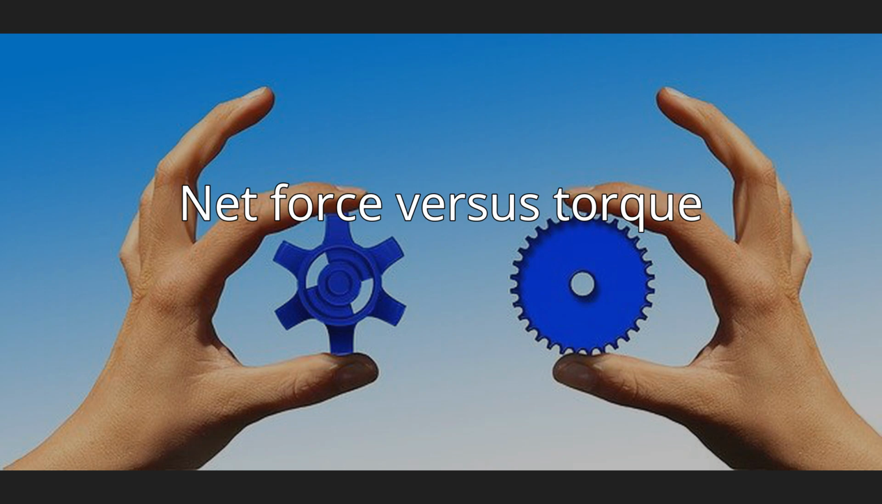Net force versus torque. When the net force on the system is zero, the torque measured from any point in space is the same. For example, the torque on a current-carrying loop in a uniform magnetic field is the same regardless of your point of reference. If the net force F